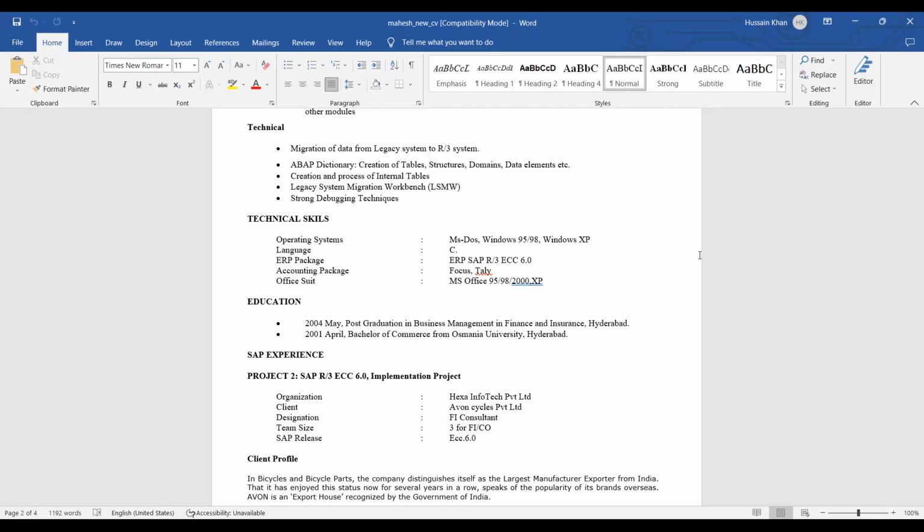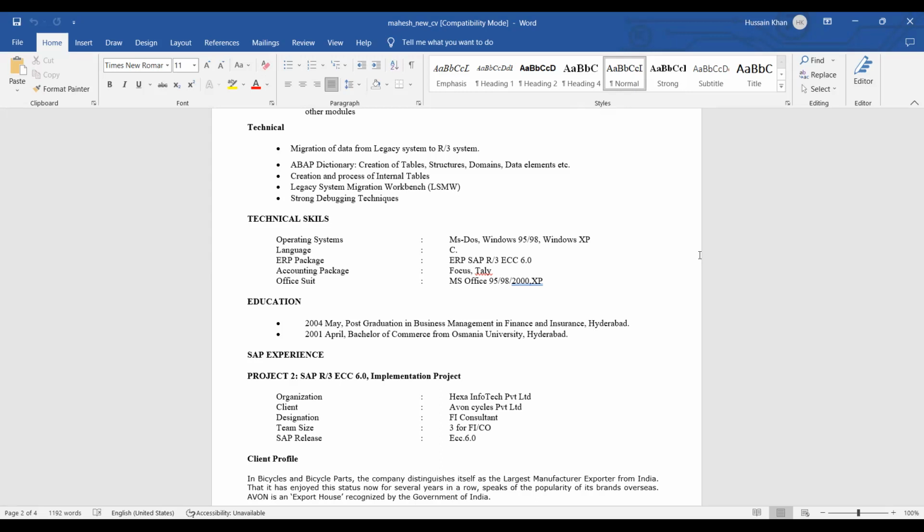Let's suppose if you know MS Word, mention that you know MS Word, Excel, or if you know any language, you can mention here as in C, C++, Java, any language which you know. If you have done any ERP training apart from SAP, if you know any other ERP software, let's suppose if you know Tally, you can mention over here that you know Tally.